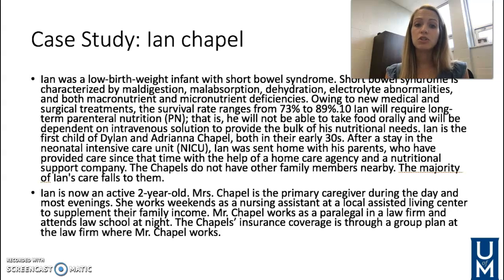Ian is now 2 years old. He's very active. Miss Chappell is the primary caregiver during the day and most evenings. She works weekends, however, as a nursing assistant at a local assisted living center to supplement some of their family income. Mr. Chappell works as a paralegal in a law firm, and he attends law school at night. The Chappells' insurance coverage is through a group plan at the law firm where Mr. Chappell works. So let's keep this case study in mind as we talk about the different aspects of that family